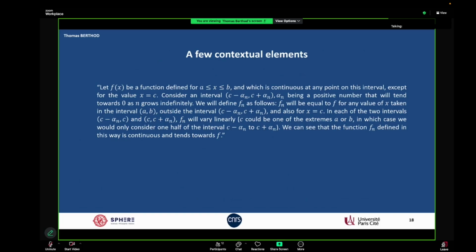Okay, so just to give you some contextual elements about this diagram, and to try to explain to you why he chose to present his arguments that way, I will use my words. So you have the quotation. I will just illustrate what it means behind this. So you could take a discontinuous function with one discontinuity. So for example, you could take the function tangent on the interval